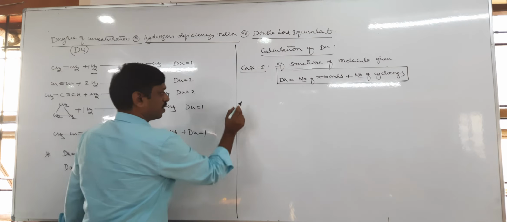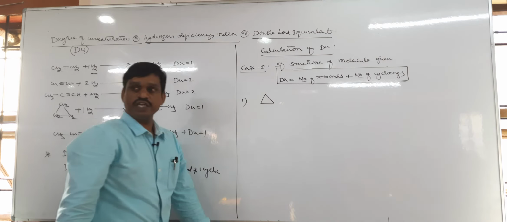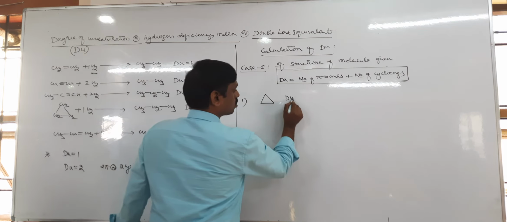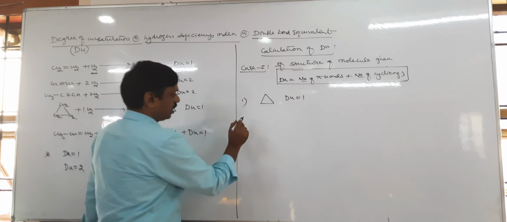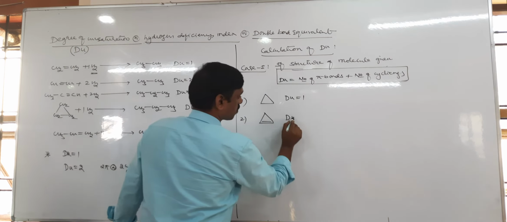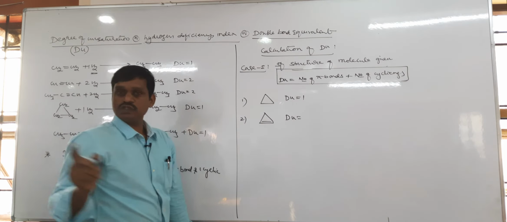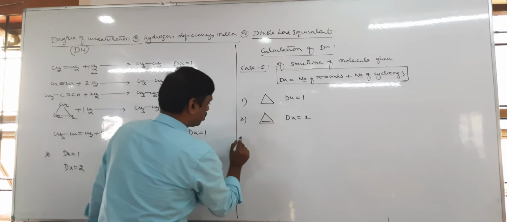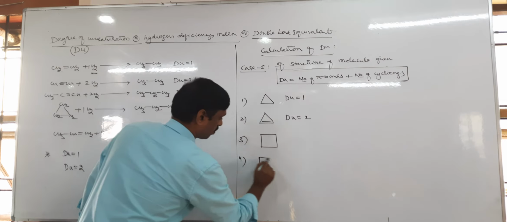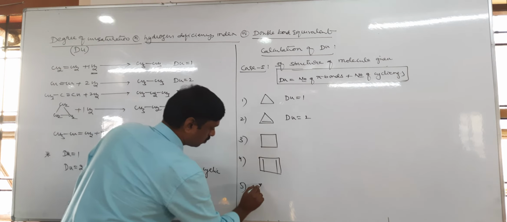Okay, so take some examples. If it is cyclopropane, tell me what is the DU? 1, because one cyclic ring. Next, 2, cyclopropene, what is the DU? There is one pi bond, one cyclic ring, 1 plus 1, 2. Next, 3, cyclobutane, 4, butadiene, 5,